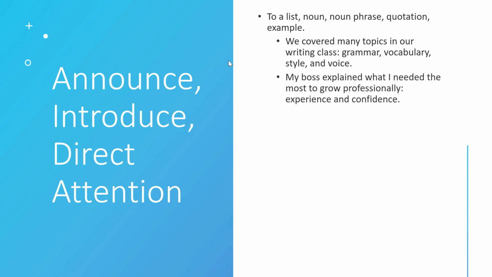Another example, my boss explained what I needed the most to grow professionally. That is a complete thought. However, I wanted you to know exactly which skills my boss emphasized. So I put in a colon and I listed those skills specifically. And if I want to set off a quote, Shakespeare said it best, with a colon,